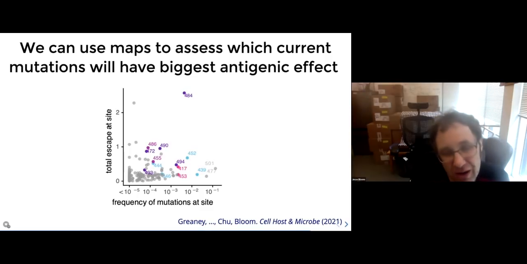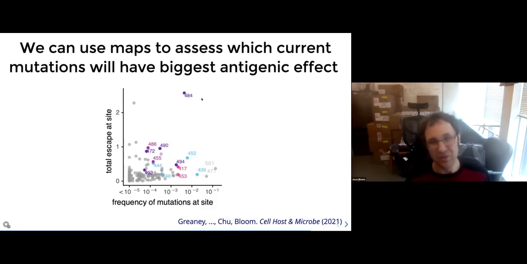And again, as I pointed out, this averaging isn't always what you want to do because there is real variation in the human population, so we don't want to mask that. But averaging gives a sense of what's going to impact the most people the most. And so you can see the mutation to really watch out for and be concerned about is clearly at site 484. That mutation is fairly prevalent, and it also is clearly the site where mutations have the biggest effect.